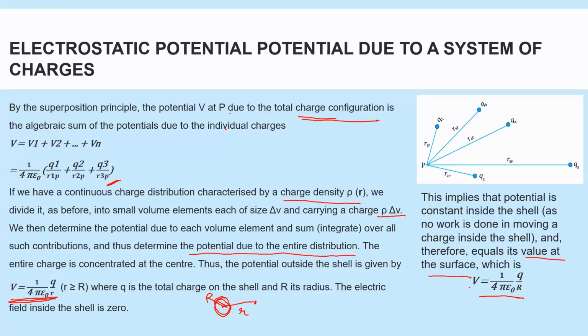So we are going to end here today. We understood the electrostatic potential due to a single charge, due to an electric dipole, and a system of charges. So we will go into potential energy and